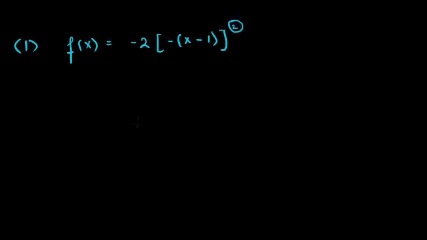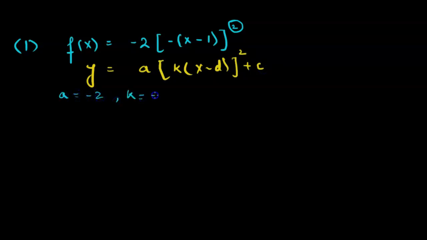Now let's say we want to make the graph of a transformed function. Let's say we're given this equation. We know this is the equation we get once we introduce transformations on the parent quadratic function because x is power 2. So we would write the general transformed equation a(kx minus d) plus c with the bracket raised to the power 2. Now we can write our a, k, d and c. A is negative 2, k is negative 1, d is 1, c is not there so c is 0. We learned this from the previous video how to take them out.